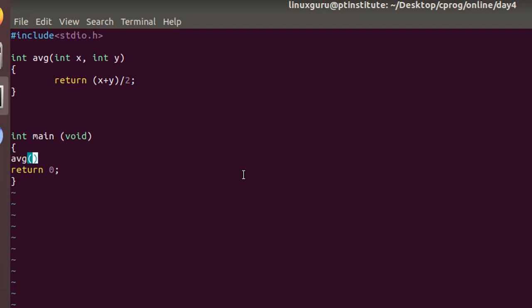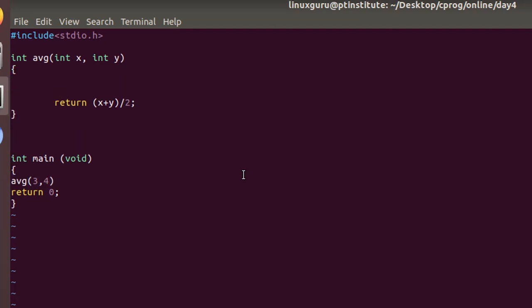It needs 2 arguments, and inside that we are calling the average function again. So this is called recursion. When we call the same function inside the function, it is called recursion. And what will be the output of this function?